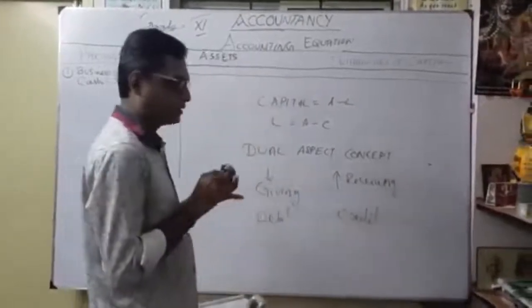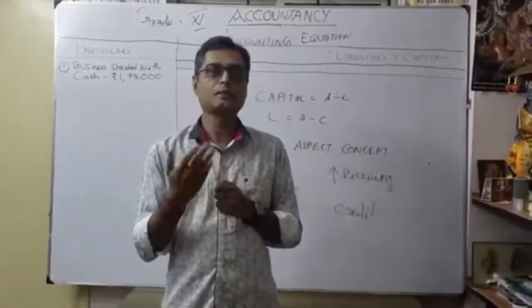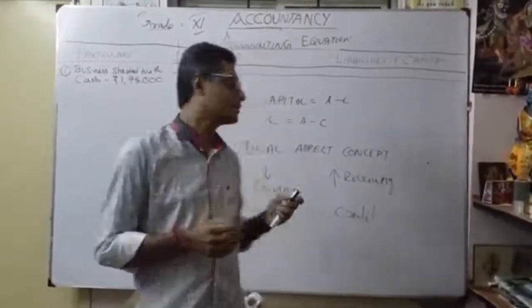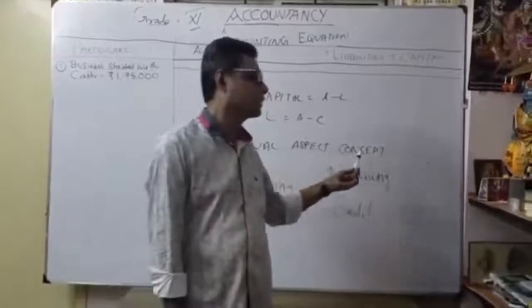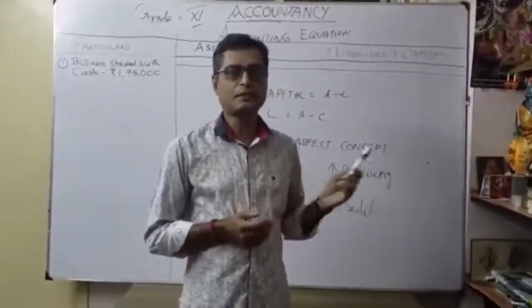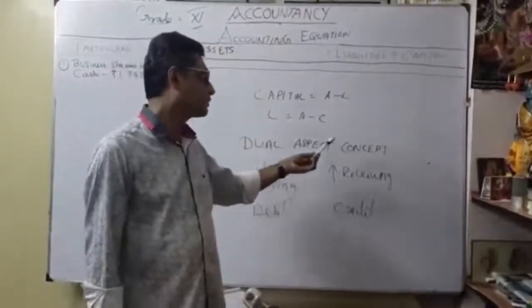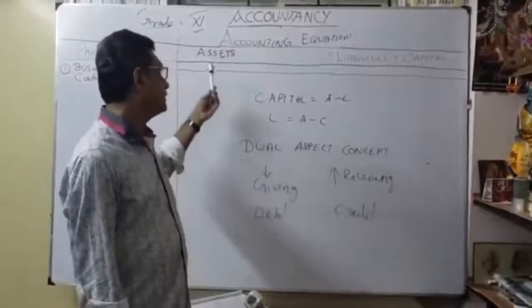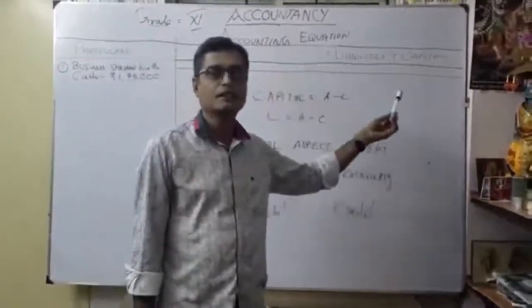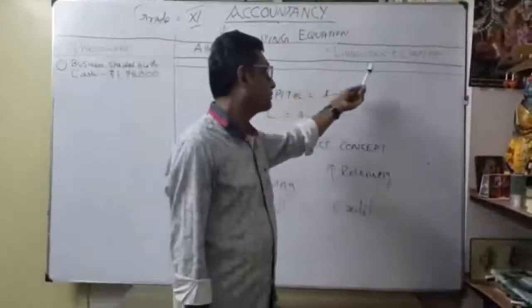When you are going to the market, we bought something, so we received something, and for that you are paying something. That's the two aspects, which is called the real aspect concept. For every corresponding debit, there is a corresponding credit. Coming under the double entry system, which concept are we going to follow? The real aspect concept, so the accounting equation is always equal. There is no imbalance. Assets is equal to liabilities plus capital.